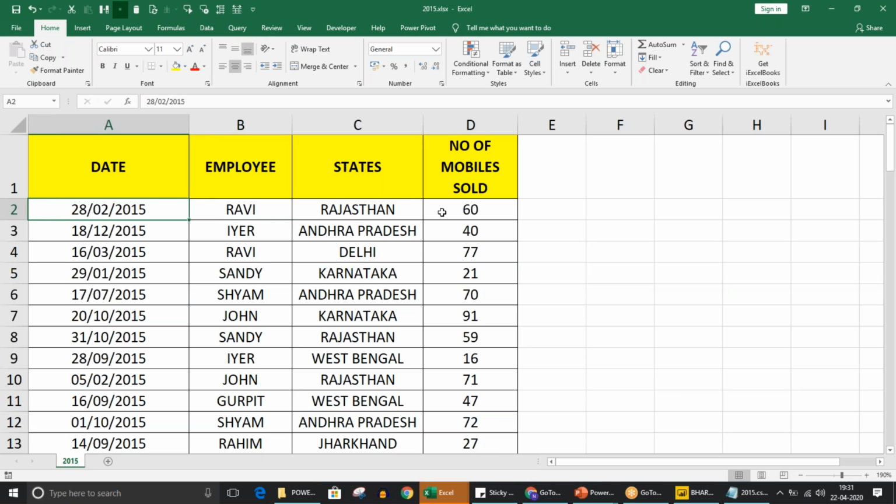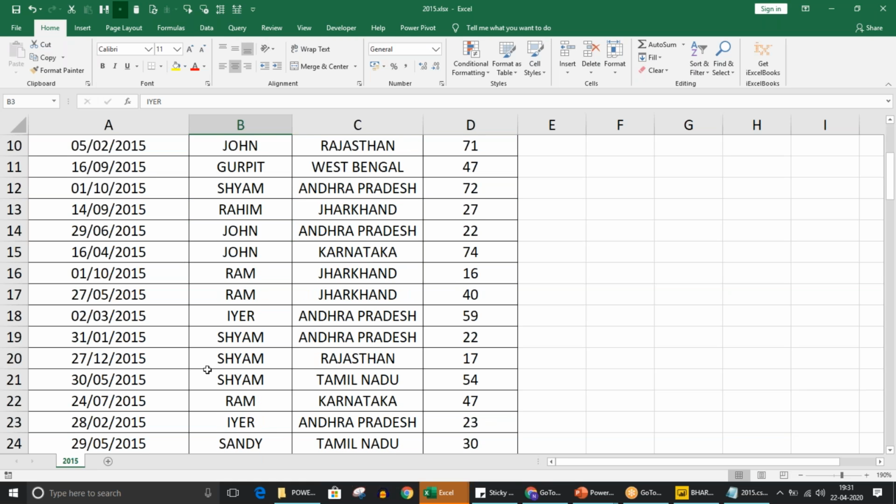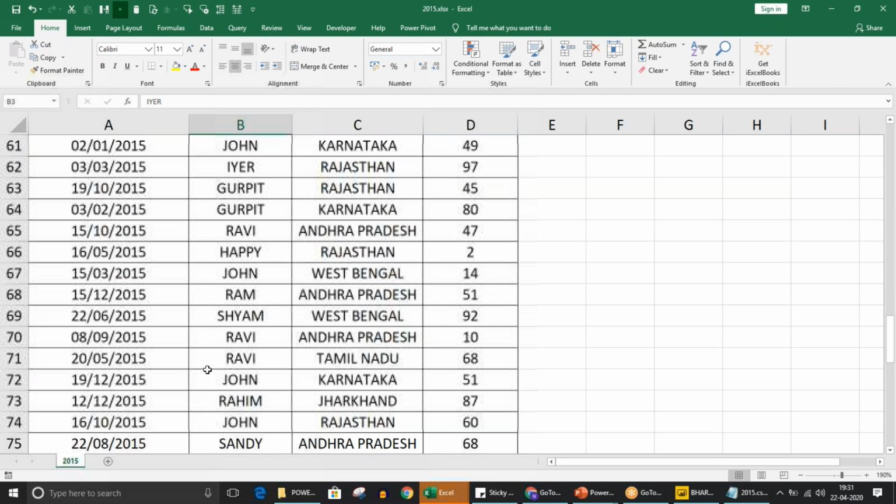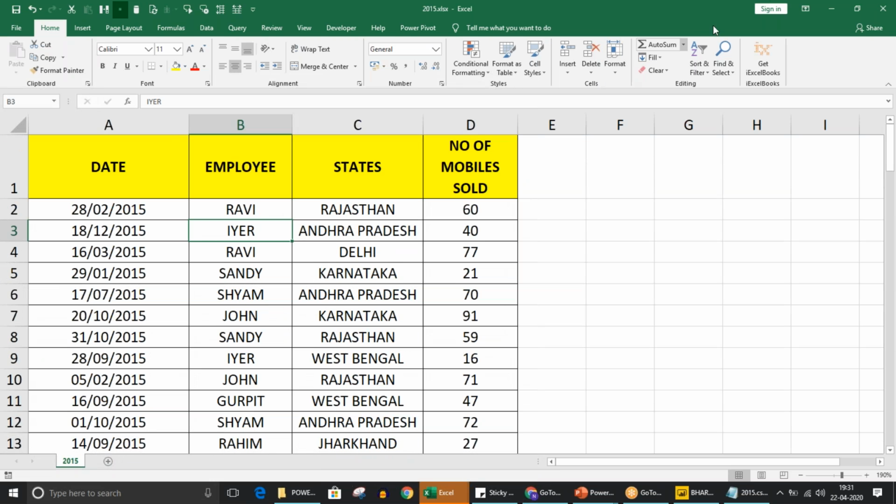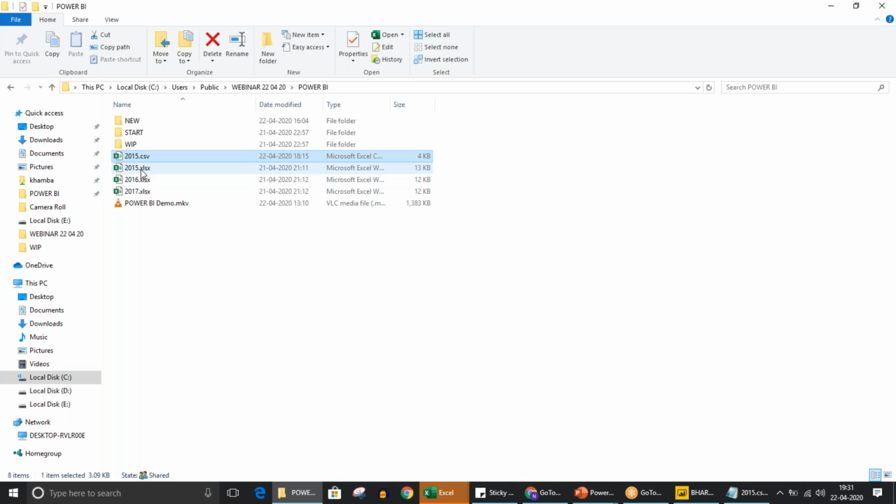And on each day, they have submitted their reports to the organization. Suppose Ravi is saying that on 28th Feb 2015, he had sold 60 mobiles in Rajasthan state. Similarly, Ayer has said that he sold 40 mobiles in Andhra Pradesh on 18th December. So these are for 2015, for one financial year. The company has such sales records for 2016 also, for 2017 also,